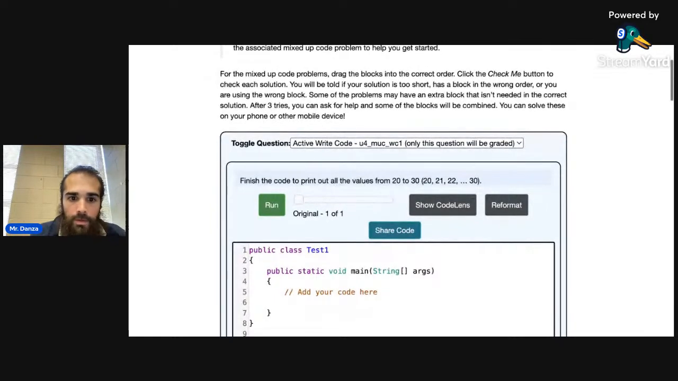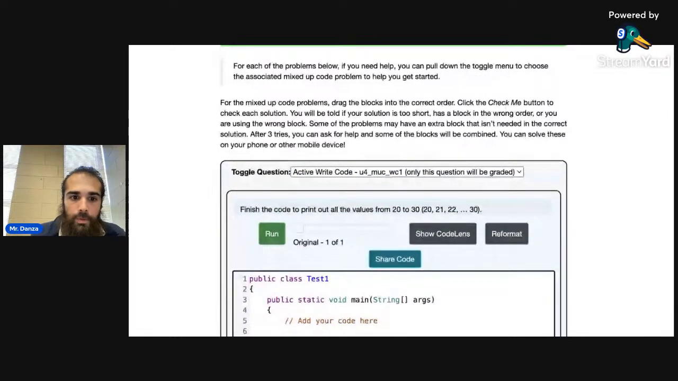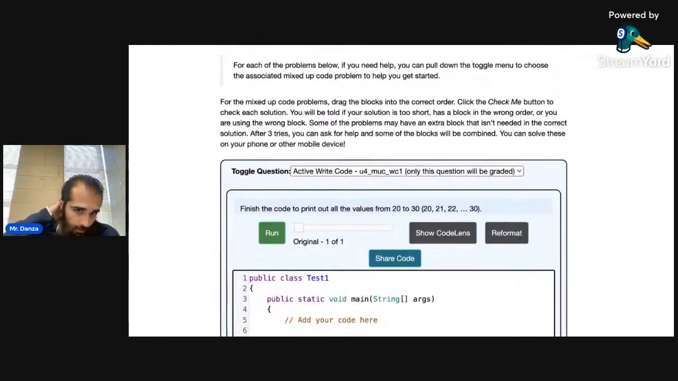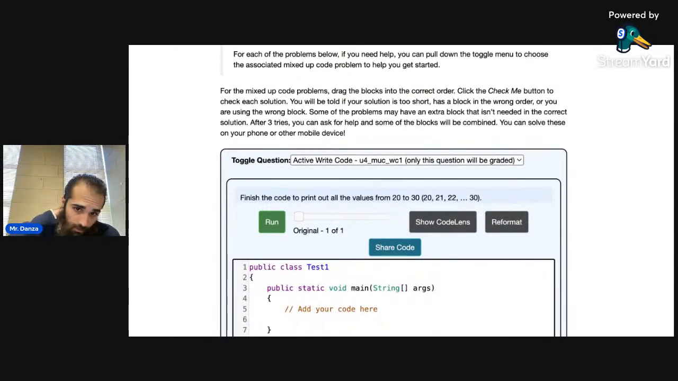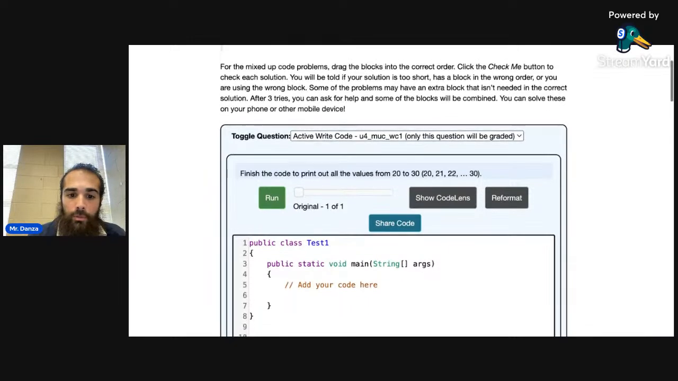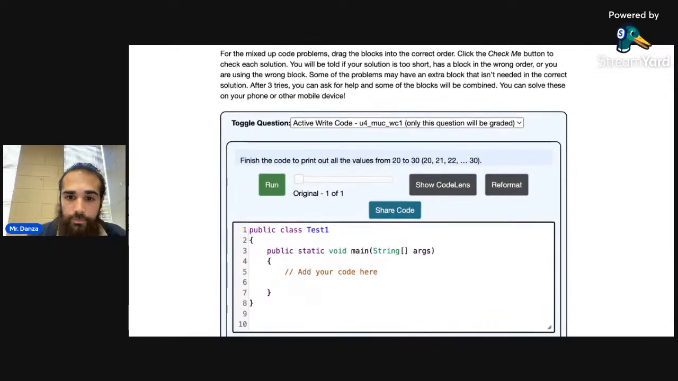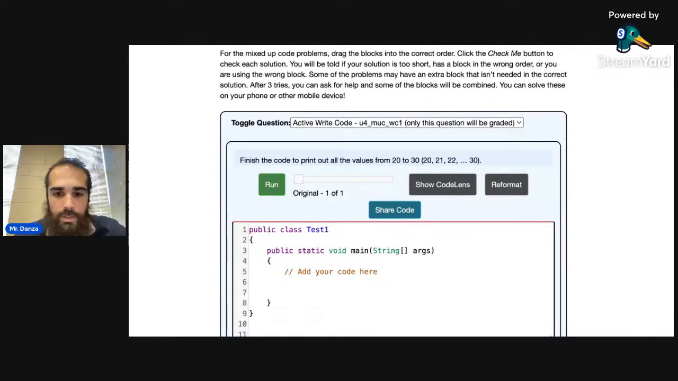Okay. So if we're here, starting off, it says finish the code to print out all the values from 20 to 30, 20, 21, 22, all the way through. Now, if I know I'm starting at 20 and moving through 30, I want to print out all those values. So let's write a,